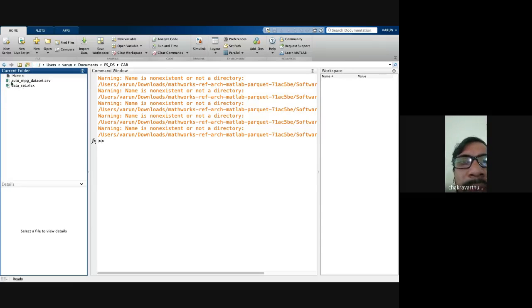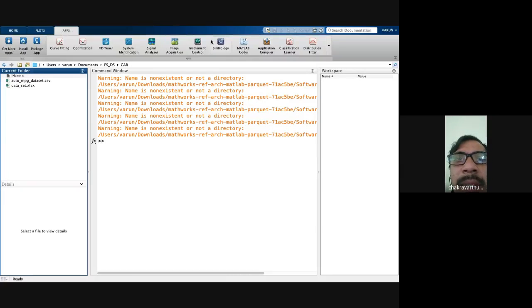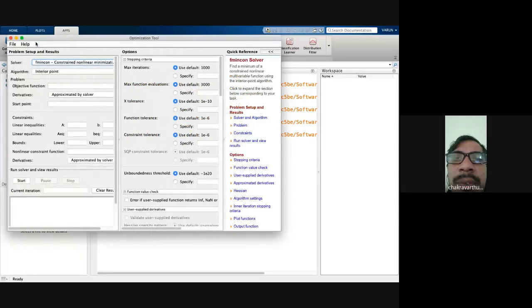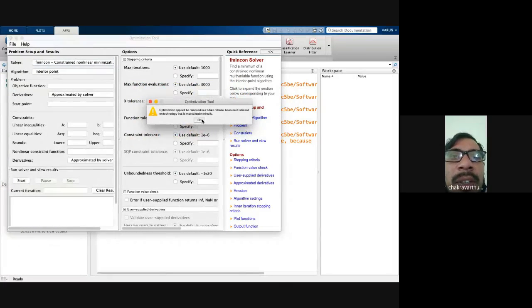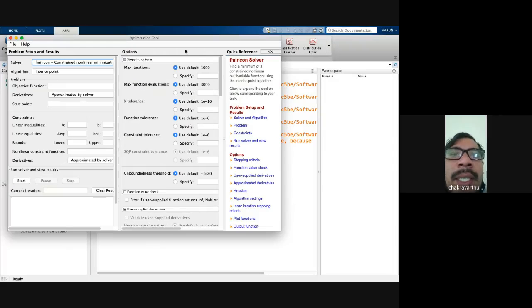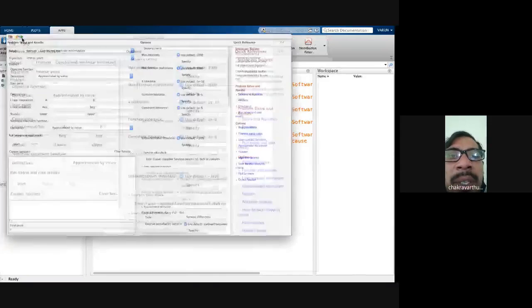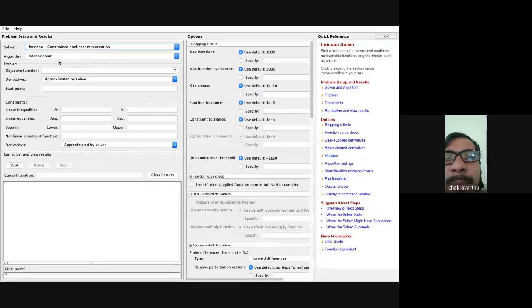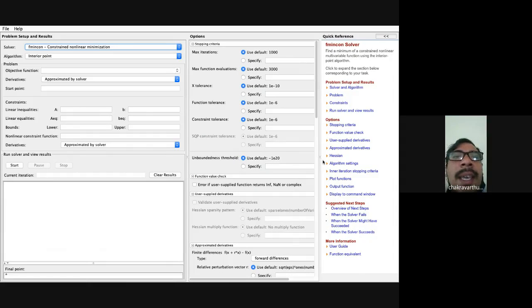In the apps folder, at the top, where optimization is there. Yes, sir. If you see there, you just have to give the objective function value, and then the starting point value and the linear equality values, and specify the regions, whatever ranges you want. There are many options available, you just go through the help there. If you have any doubt, the options are there. Just combo box, like if you have to simulate the things, you have to just learn the things, that's it. So this is the optimization app.